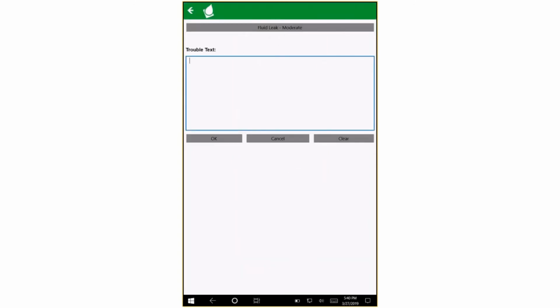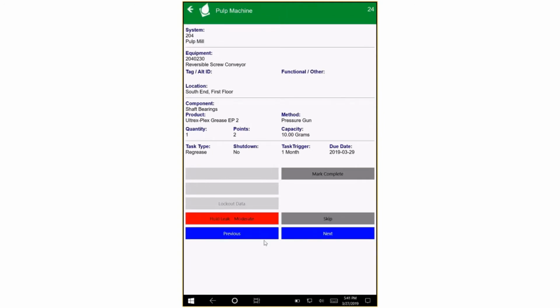And you can type some other pieces of information here using the on-screen keyboard. And then you just tap the OK button. And now we've got the red and the trouble text shown, so that we, again, can confirm that we've entered the correct trouble type. All right, so now we can come to the next task and just continue on working the route, or I can hit the back button here